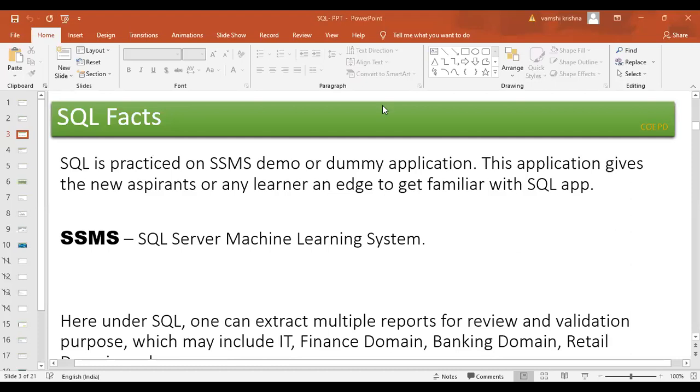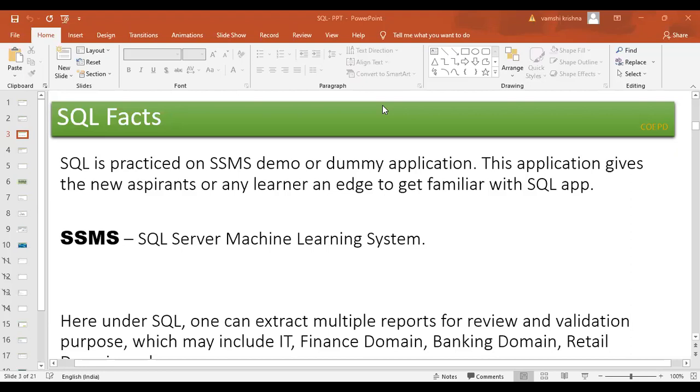Yes. So SSMS is basically a system wherein you will be getting some sample data and you will be able to practice on it. As I mentioned earlier, SQL is a connection to the database, so we will not be getting any real-time access to the database. There are many such trial versions available in the market with which we can learn or practice SQL. However, as I mentioned earlier, as a business analyst, we will not get into the very high details of SQL, guys. Okay.